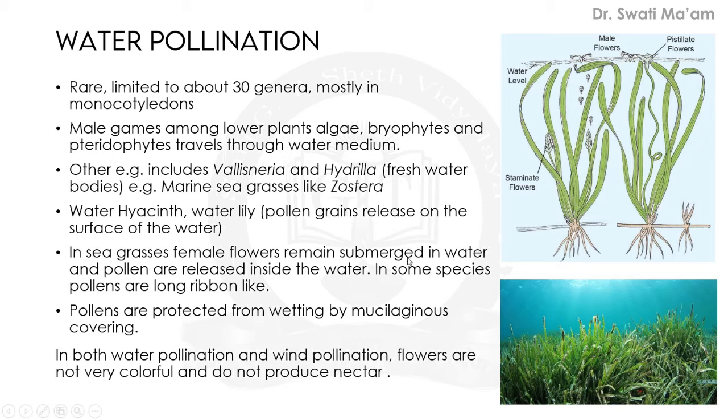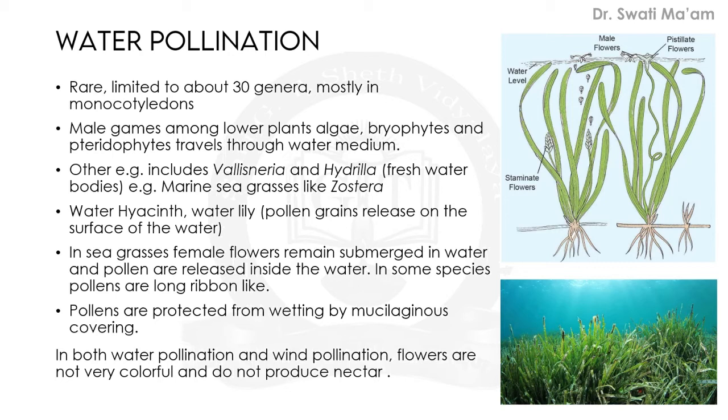In Vallisneria, the female flower reaches the surface of water. You can see in this diagram, this is the female flower, which is written here as pistillate flower. This word we use for the female flower. It reaches the surface of water by the long stalk. This is the long stalk. It coils, and whenever pollination has to be done, it moves to the surface of water.